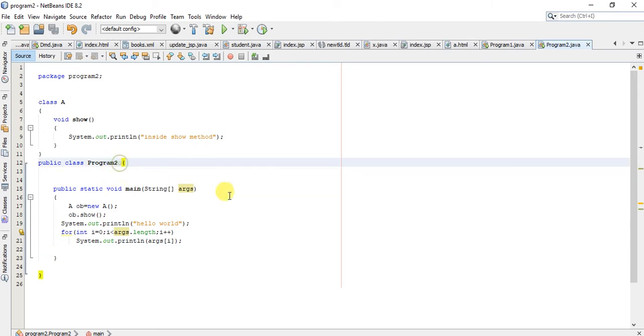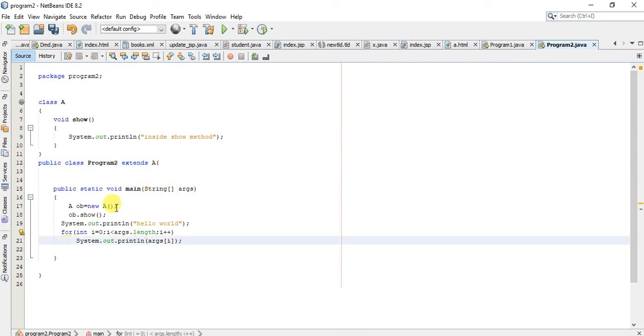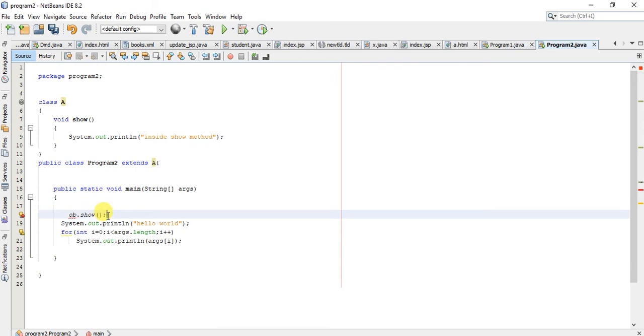For inheritance, we can use the keyword extends A. Now all the members of class A are inherited in the Program2 class, and we need not create the object of class A. All we need is to create the object of the Program2 class, Program2 prod is equal to new Program2.